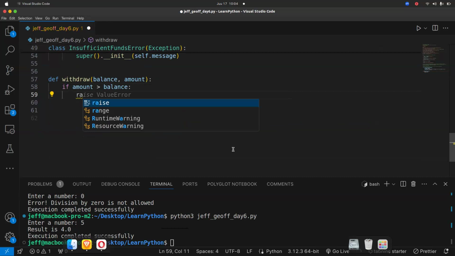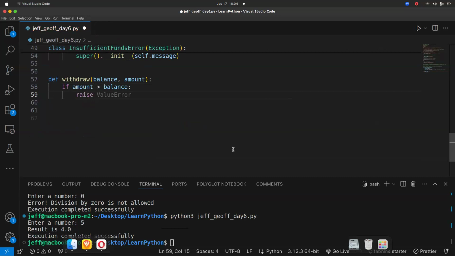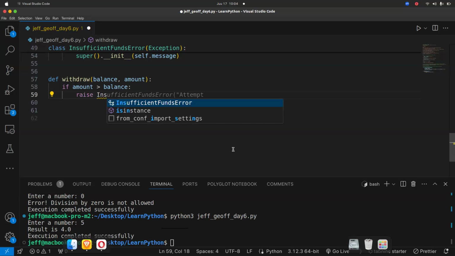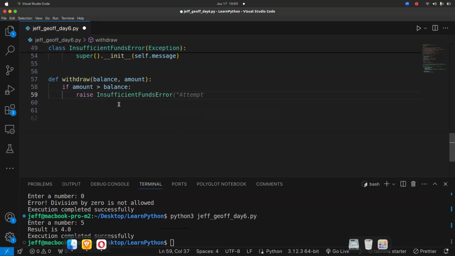We need to raise insufficient funds error of what? Balance and amount. Then we can return.